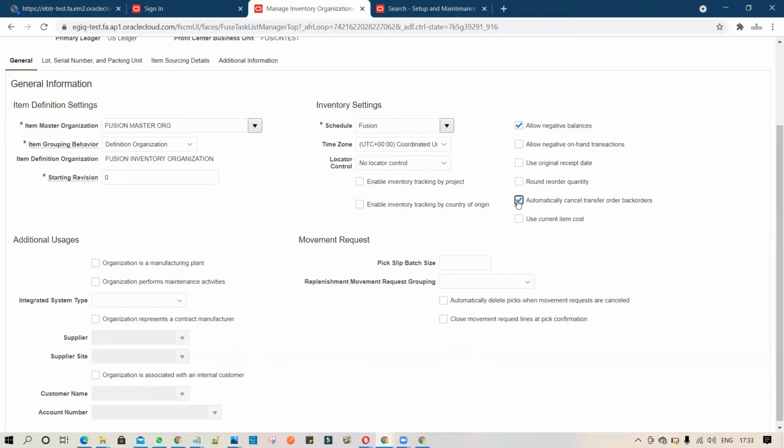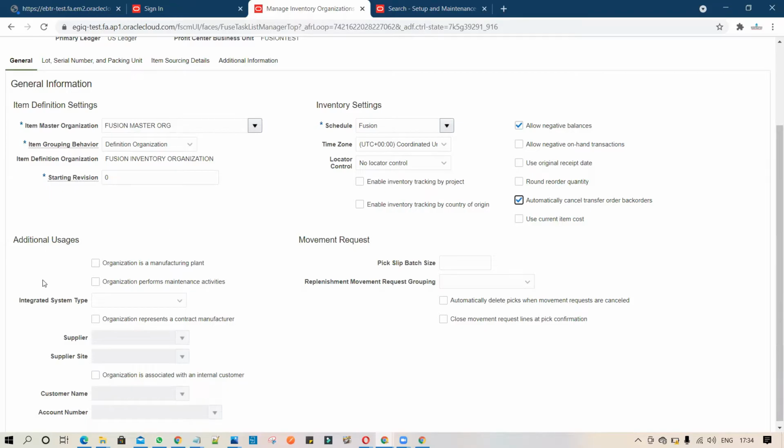So let's assume you created the transfer order and that goes into back order status, system will automatically cancel all those transfer orders. If you want the system to utilize your current item cost, you enable this flag. So system will always use your current item cost.